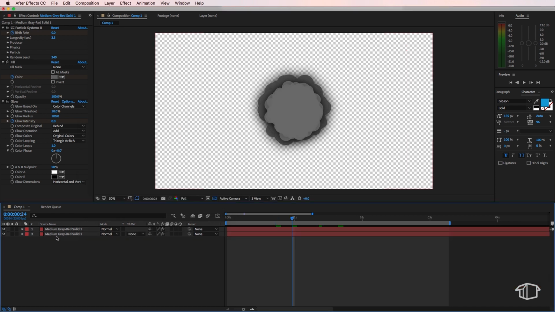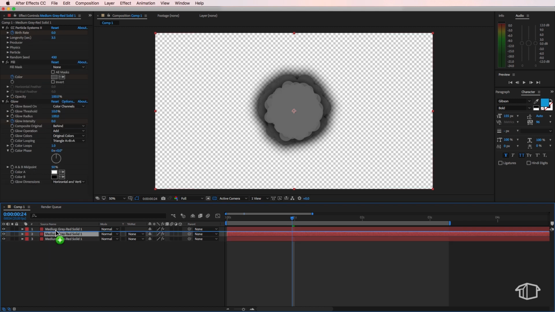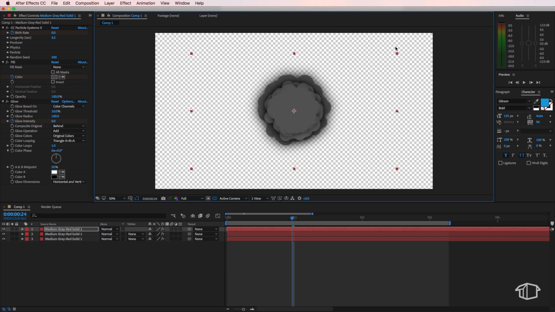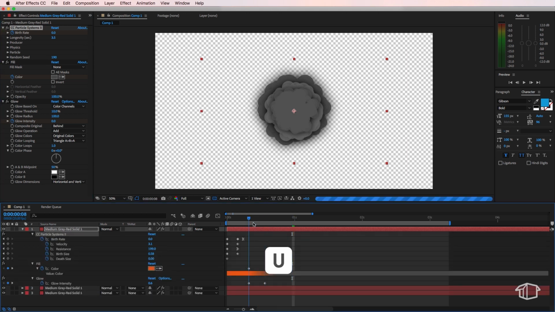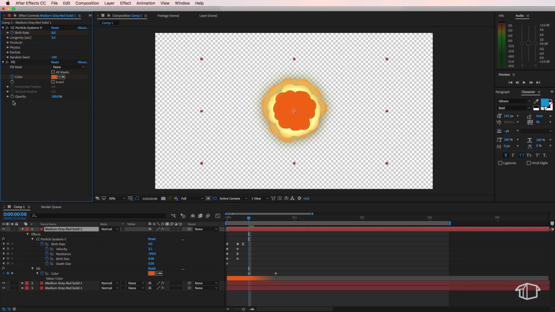We're then going to go back and grab our bottom layer again. We're going to duplicate this one more time, drag that to the top. We're going to scale it down even further. We're going to change that random seed value again. I'm going to hit U on the keyboard to bring up the colors this time. And this time, all we're going to do is come over to our effects control and just delete the glow